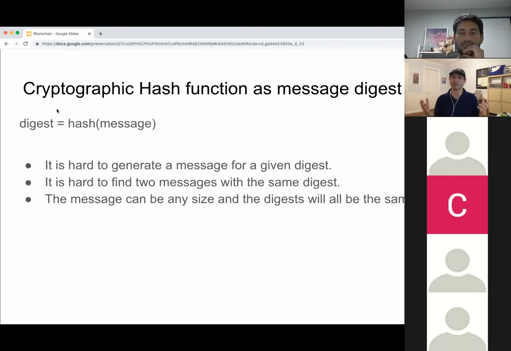And the last property that is convenient is that the output is always the same size. So if my message is just 2 characters, hi, I'm going to get a message digest that is typically 256 bits. Or if I give you something that is the complete works of William Shakespeare and I hash all of that, I'm going to get a message digest that is 256 bits in length. No matter how long that input is, I will always get an output of the same length,